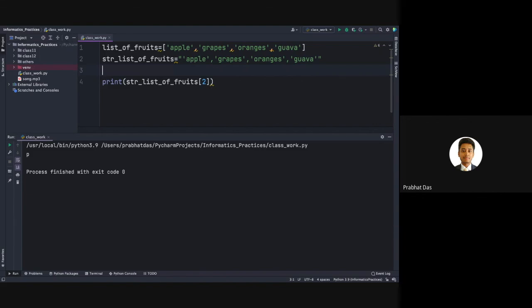That means if you want to manipulate the values of list, that is possible. But if you are trying to manipulate the values of string, we will be getting an error. Let us try to figure it out.